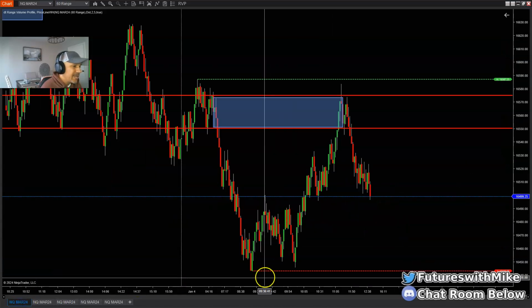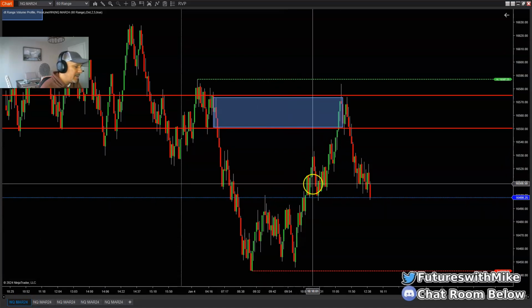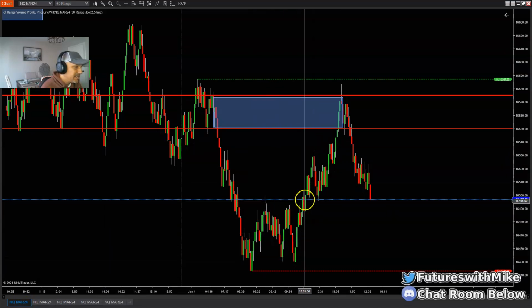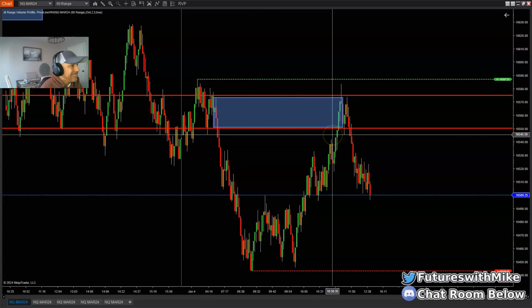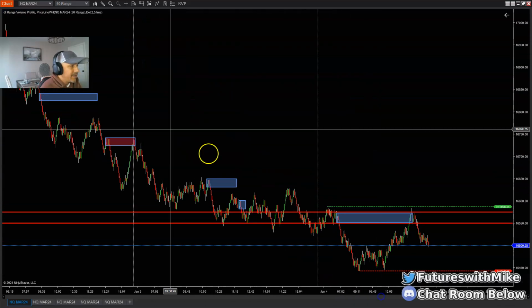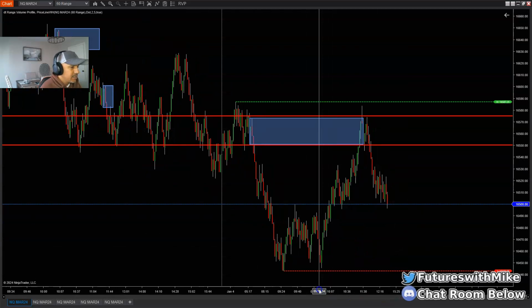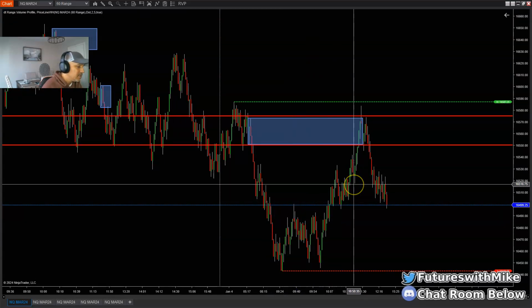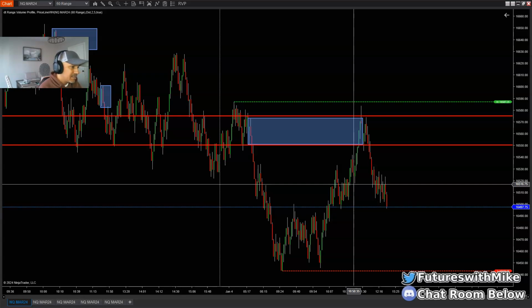Even though it looked like we were bullish on the day since the opening, yeah, we were, but overall, we're still bearish. We are still bearish. Okay, again, could you look for opportunities to take longs? You could, but the best opportunities are going to be understanding and following the structure of the market and taking your trades in the direction of the higher time frame and how the market is trending. So understand that as well.